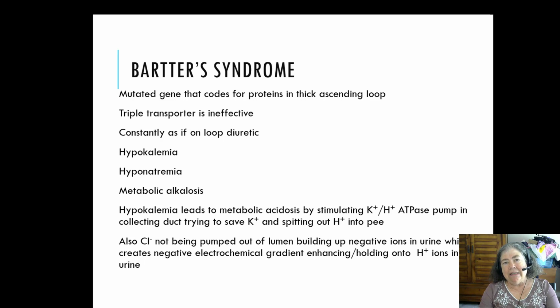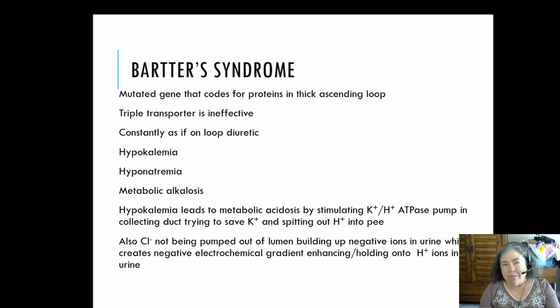And the reason that this happens is that there is more potassium in the filtrate, right? The reason you become hypokalemic is you're peeing out your potassium. So there is a mechanism further along in the tubule in a place called the collecting duct that exchanges potassium in the lumen for hydrogen ions in the interstitium. In order to save more potassium, that gets ramped up and you lose more hydrogen ions, and that can cause a metabolic alkalosis. And then finally,